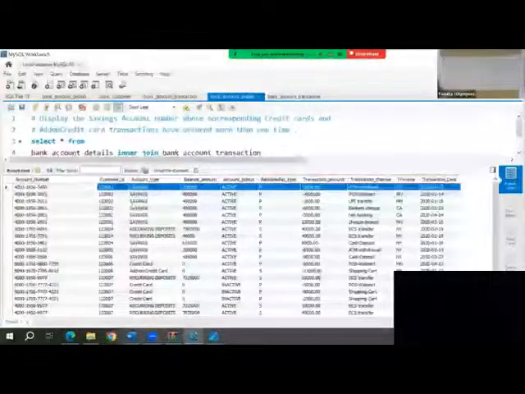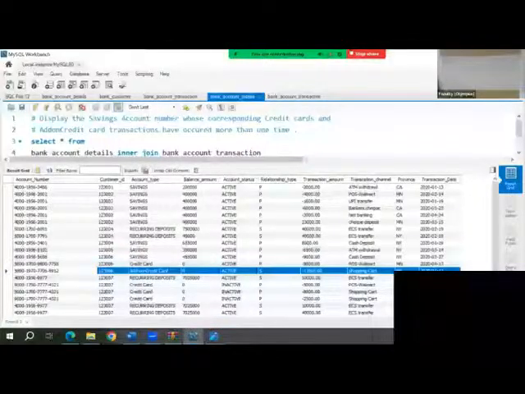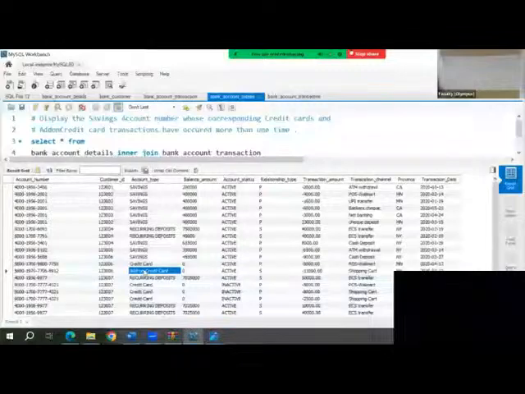Let's go to 002. This guy also does not have anything. 4 also does not have anything. 5 also does not have. 6. So yes, there is actually no one who has done more than once. 002, you are not supposed to get, right? This guy does not have any credit card at all. You lose this information. So you have to